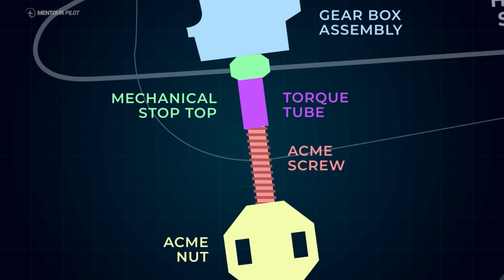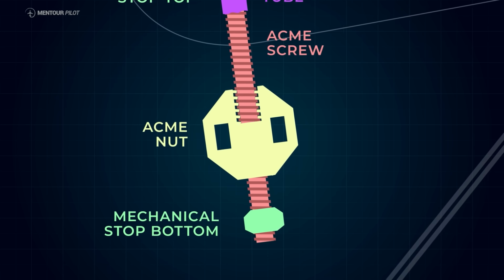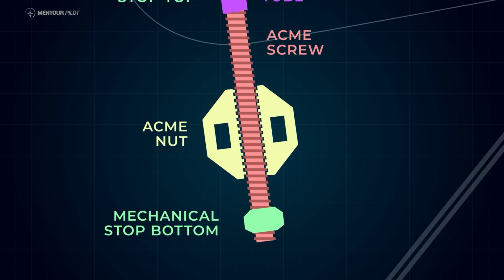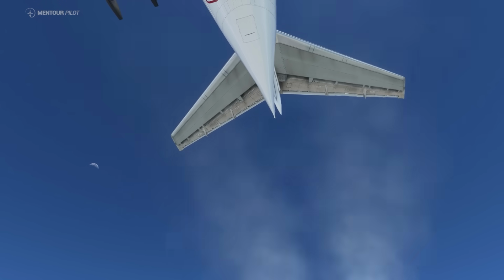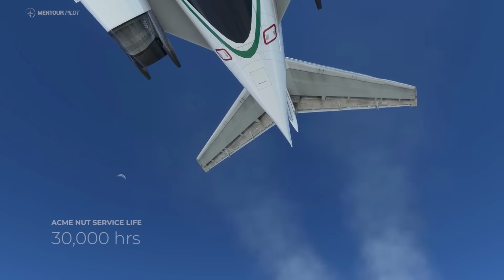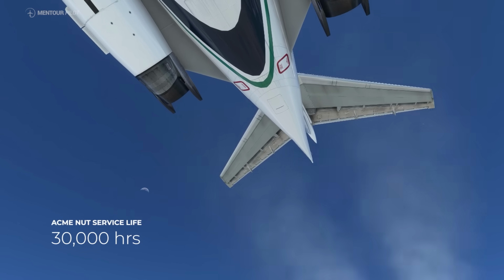As far as the Acme nut was concerned, it was shown to be able to operate with up to 90% of the nut threads worn down, and its redundancy was accomplished by inserting more screw threads than needed inside the nut, as well as double spirals of thread. The Acme nut was made out of a slightly softer alloy than the screw, so any wear would naturally happen to the nut first. Initially, the nut was certified to have a service life of 30,000 flight hours, but pretty